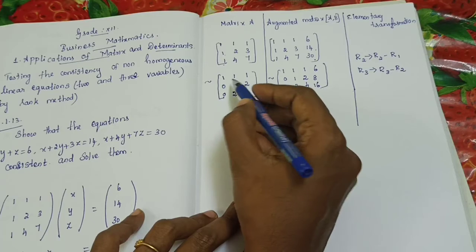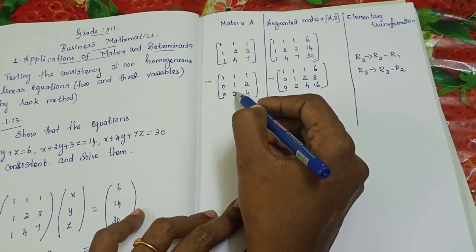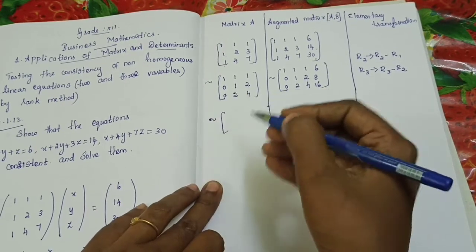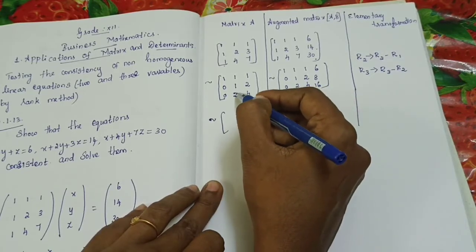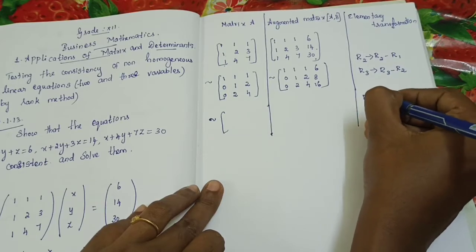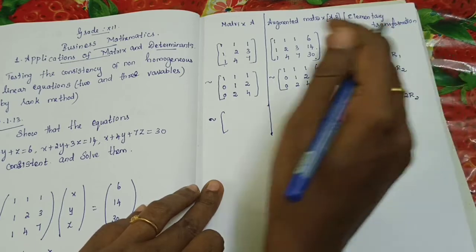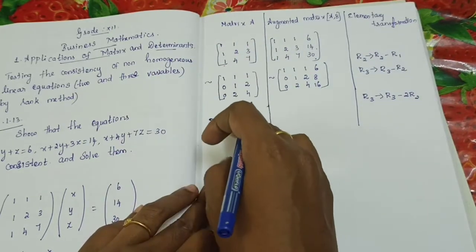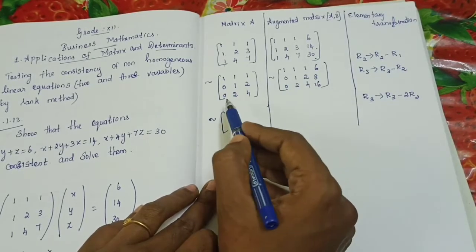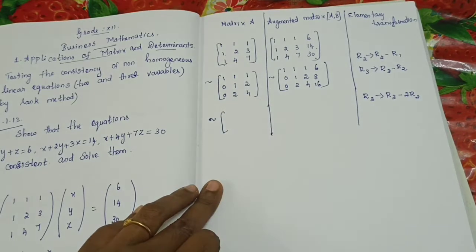Then next, what you need to do is, these two entries are 0. Next we come to the next non-zero element in the second row, which is 1. The element below it you need to make 0. So this particular 2 will change to 0. How? R3 implies R3 minus 2R2. Understand? On the first day when I explained how to change to echelon form, I explained that the simplest way is to have the maximum number of zeros in the last row.